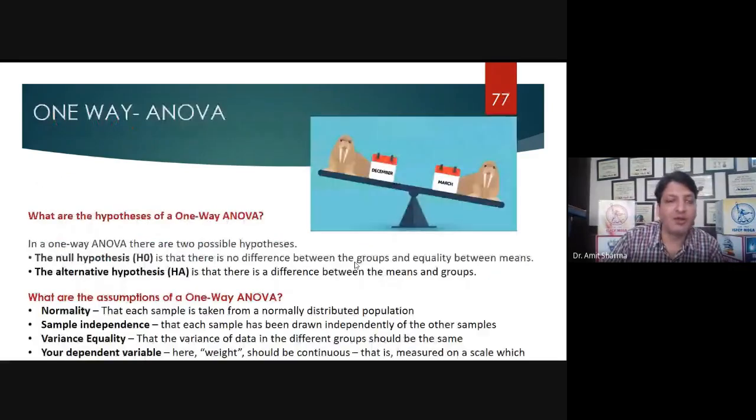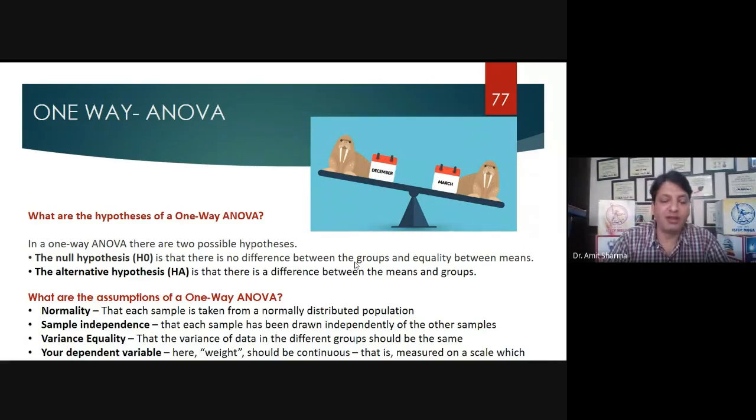Yeah, one way ANOVA. Actually, ANOVA is classified into two different types. The first we call one way ANOVA, and the second we call two way ANOVA. One way is when you have to compare three different groups from a similar population.